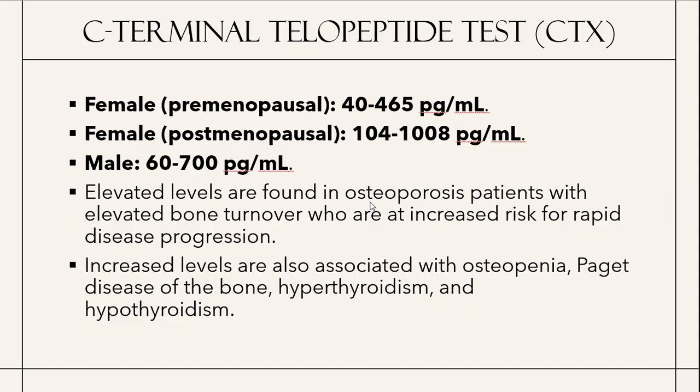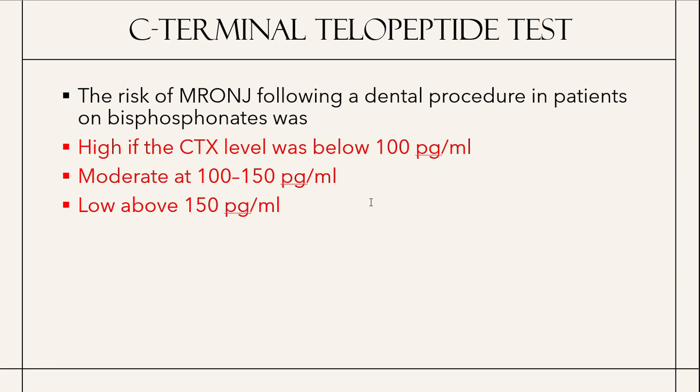Now, we can find elevated levels in osteoporosis patients, and also with osteopenia, Paget's disease, hyperthyroidism, and hypothyroidism. So, if the CTX is low, this means there's a high risk of MRONJ. The risk is high if the CTX is below 100, moderate if it's 100 to 150, low above 150,